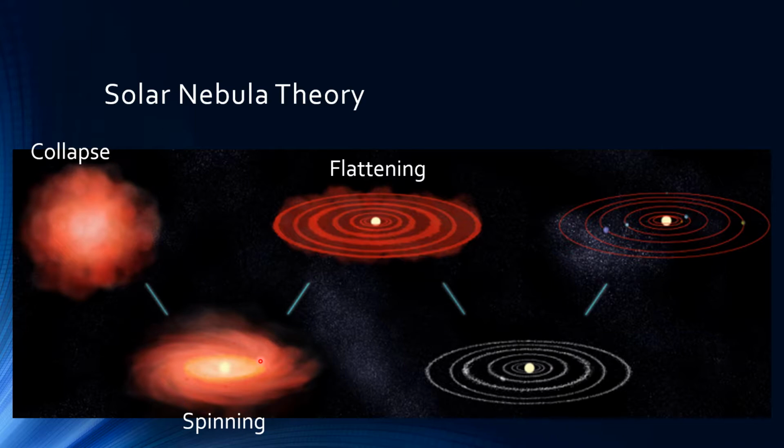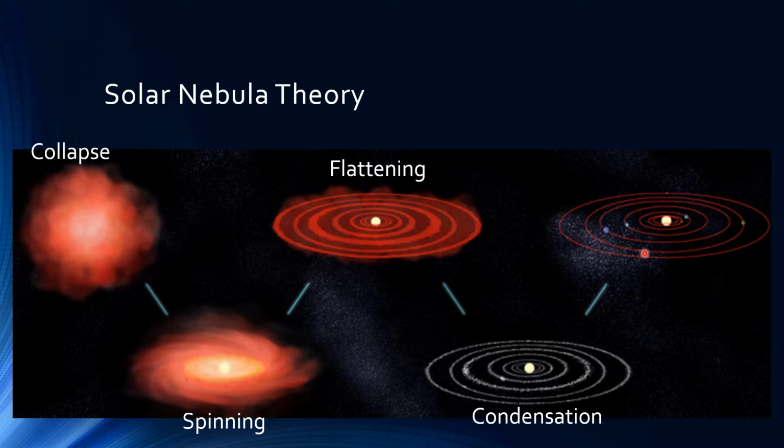As it's spinning, it starts to flatten and form rings. Now you can see at the very center you have what we call a protostar. This is what will become the star at the center of the solar system. After it's flattened out, you get more clear rings or condensation. In other words, our more dense matter is going to stay in rings right around the center of our protostar, and our less dense material, our gases, are going to form rings around the outside of what will become our